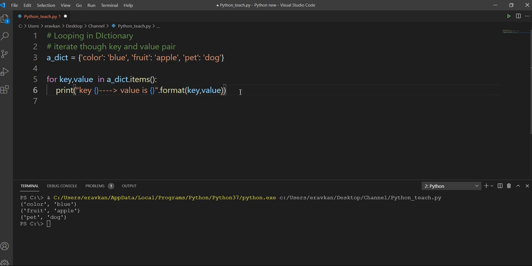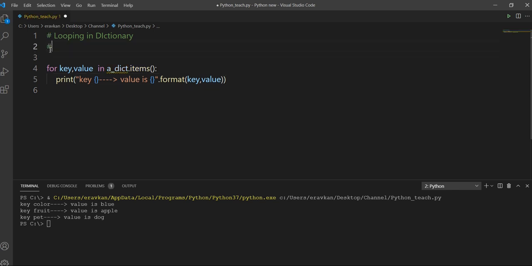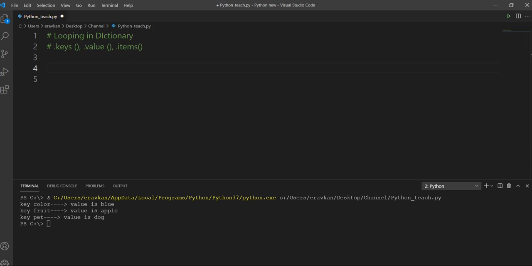Let me close it. If I run it, I get the key and corresponding value. So in this way, those three functions are important: first is dot keys, then dot values and dot items. These are three functions by using which we can get keys, values and key value pair tuples, and by using these methods, we can loop in our dictionary.